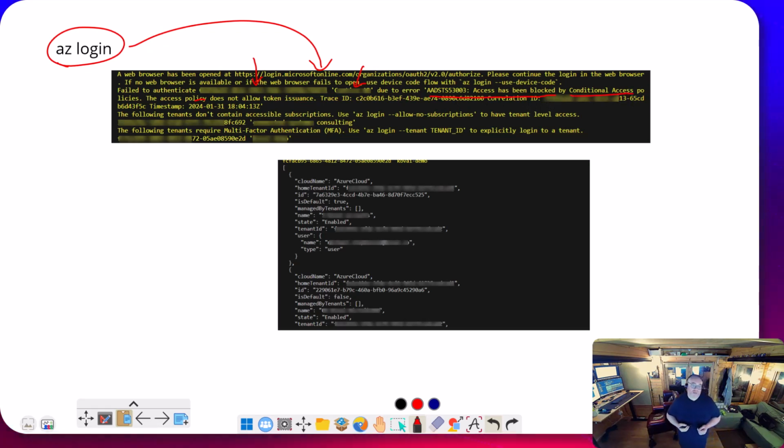So what actually happens, if you notice in the bottom window here, is when I do an AZ login, it's actually checking against a number of different tenants. That would be a tenant here, that would be a tenant here, and there's a couple of others it flags me or logs me into. So by default, AZ login is going and trying to log you in and get a list of all your tenants. And in this case, even though the tenant that it gives me this error for, I think somebody's just